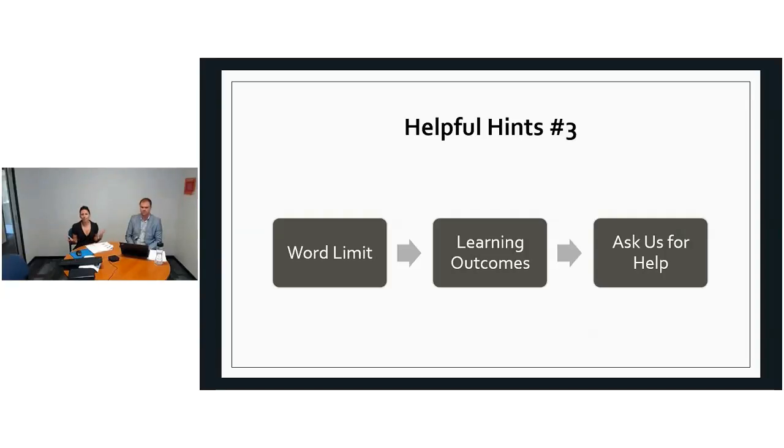And as you can see there, ask us for help. Both Vince and I and Kate are really open to receiving phone calls or emails, any questions that you might have about whether your topic is something that's relevant or how you could craft it into a particular submission style. So do keep that in mind as you're going through this process.